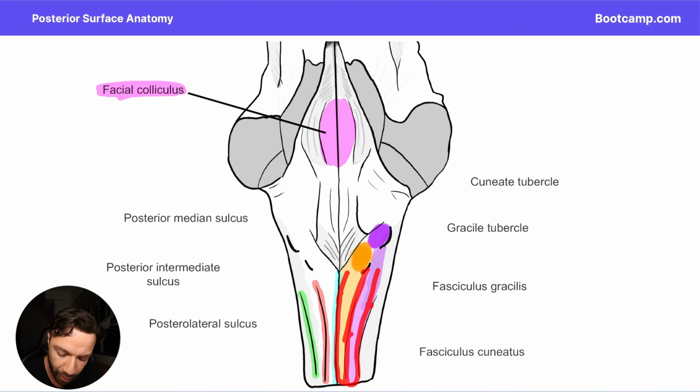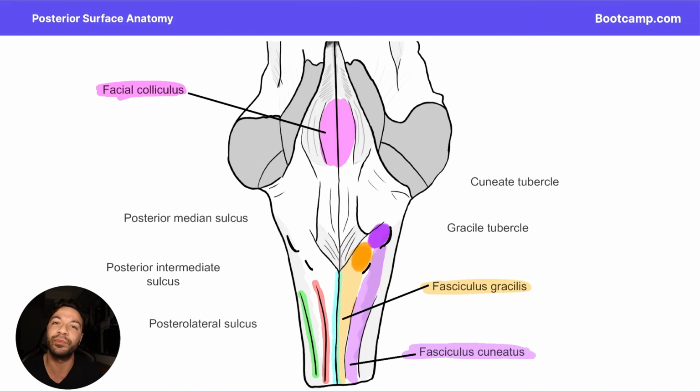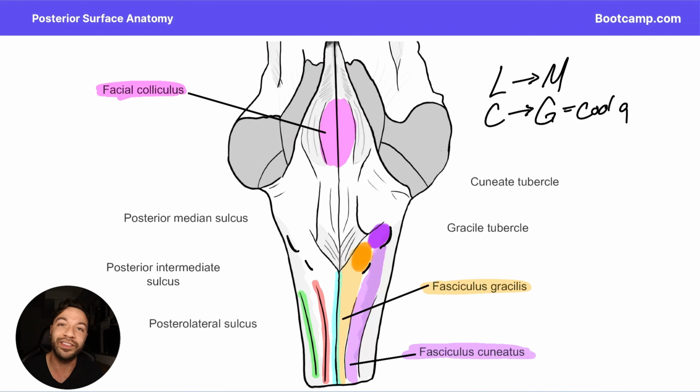coming up the posterior aspect of the medulla. The lateral one is going to be the fasciculus cuneatus, and the medial bundle is going to be the fasciculus gracilis. And the way I remember it is from lateral to medial, we have CG, or cool guy. So these cool guys are going to be found on that posterior aspect, and they're white matter bundles from that dorsal column medial lemniscal pathway coming up the posterior aspect of the medulla, and they synapse in these bulges right